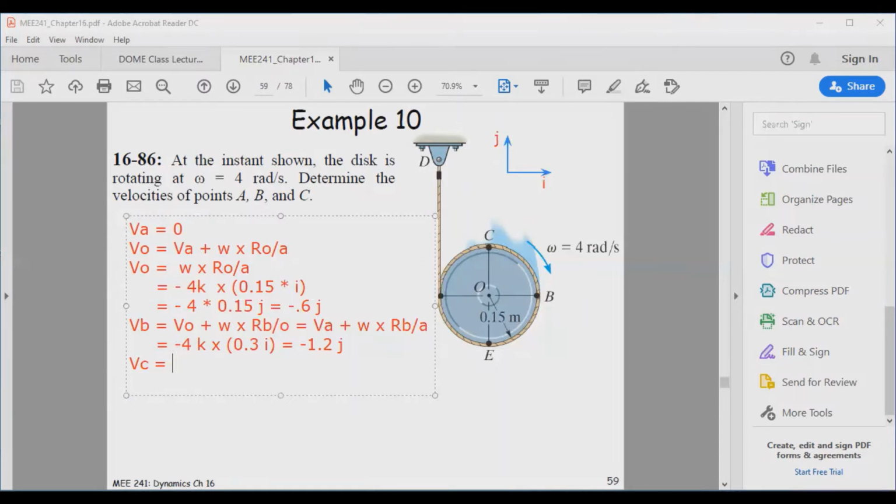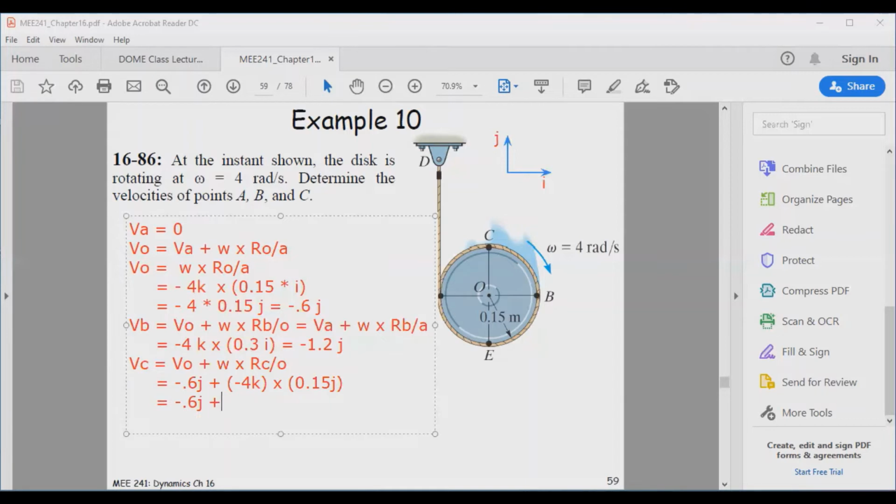So if I want to find the velocity of C, I can actually use VB or I could use VO. So let's say we use VO plus omega cross R_C with respect to O, which is going to be equal to VO, which is minus 0.6 J, plus omega, which is minus 4K. And then this is cross R_C with respect to O, which is equal to 0.115 J, right? And so this is equal to minus